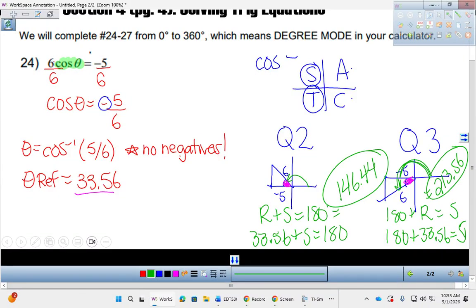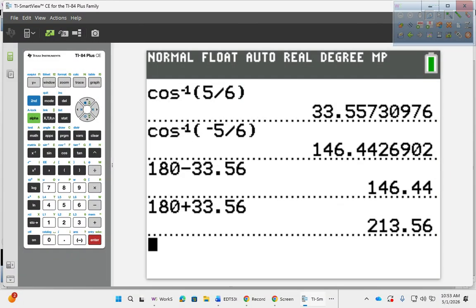And you can check both of these answers. Think about when you solve a linear equation. To check your answer, you just take whatever you get for x and you plug it back into the equation. I can do that here. I can do the cosine of 146.44 and the cosine of 213.56, and they should both equal roughly -5/6. So just to show you, cosine of